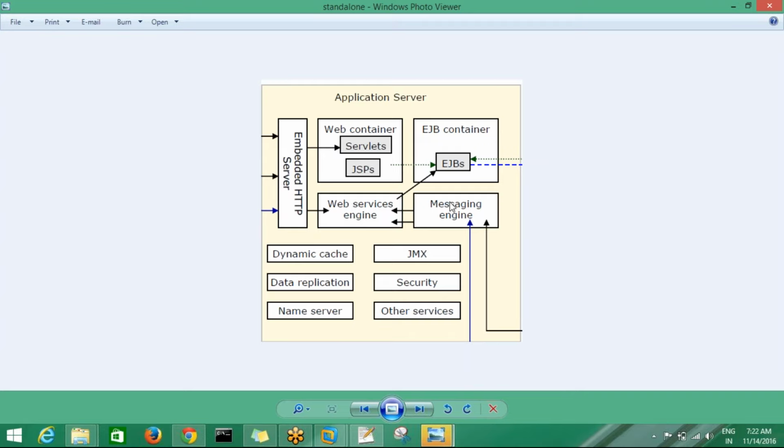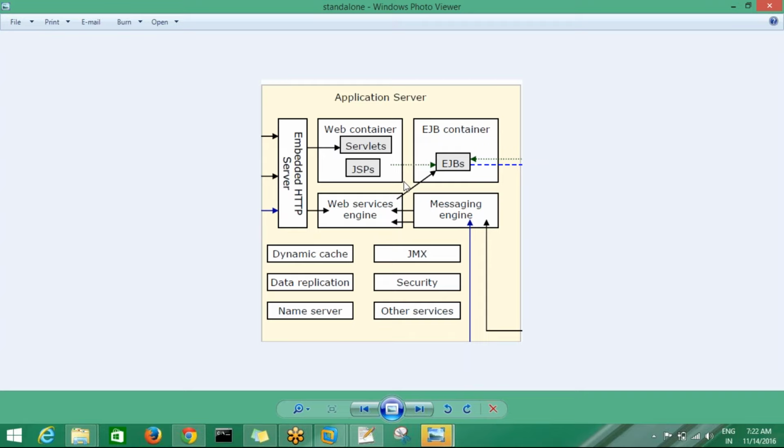And the messaging engine is the container for messaging applications. These are the four containers available in one WebSphere application server to deploy and execute applications.